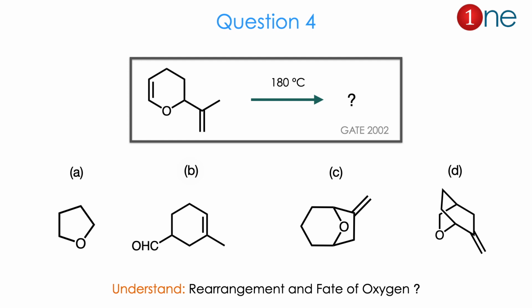The product can be of many types because of the two double bonds. Whether the ring is contracted to a 5-member ring, or just a simple aldehyde formation, or the curious bicyclic product, or the bicyclic product with simple oxygen on one plane. So there are many possibilities. Here, definitely from the question and products, you might understand that a rearrangement occurs and the fate of oxygen is the real question here. The answer is B. Let us see how.